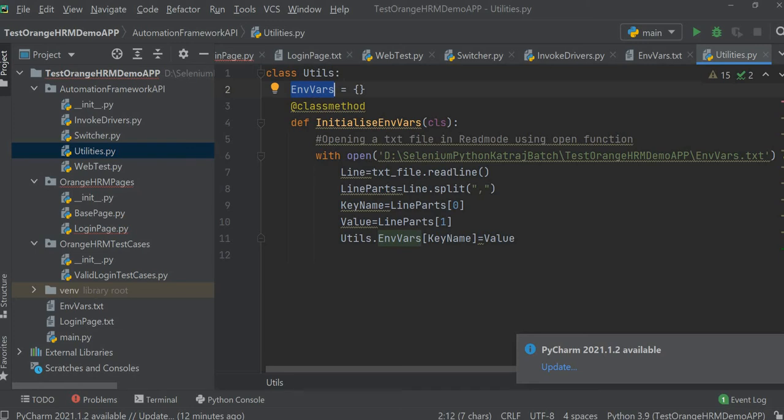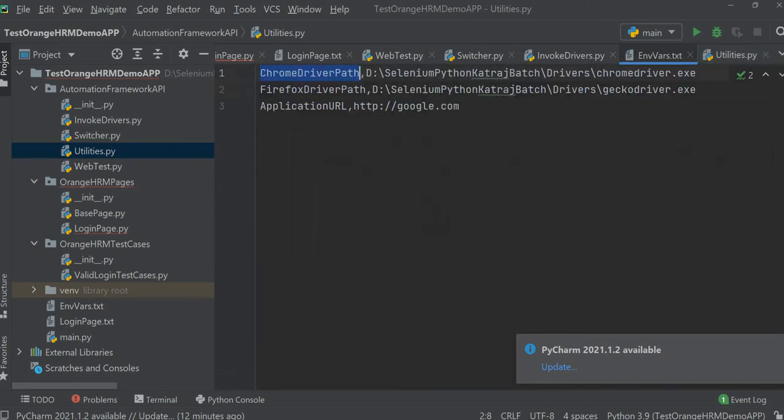So utils.envvars.get, and then we will pass this as a key. So it will give us this whole path, and that is how it will work, isn't it?